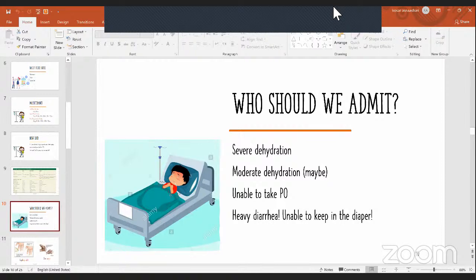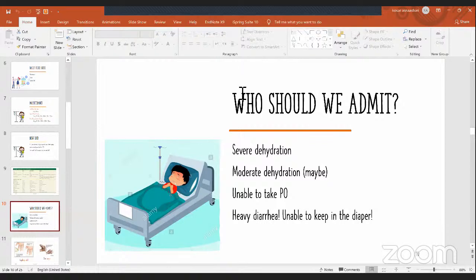When the patient has so much diarrhea, has such a heavy diarrhea, the mother is not usually able to compensate for the fluid that the patient is losing, okay? Because the poor mother has to change the diaper, has to clean up the baby, has to do these chores, and then she should go search for the ORS and give ORS to the patient. And because this is so hard and the patient is usually having the diarrhea so frequently, we tend to admit these patients because we need to administer the serum therapy ourselves,